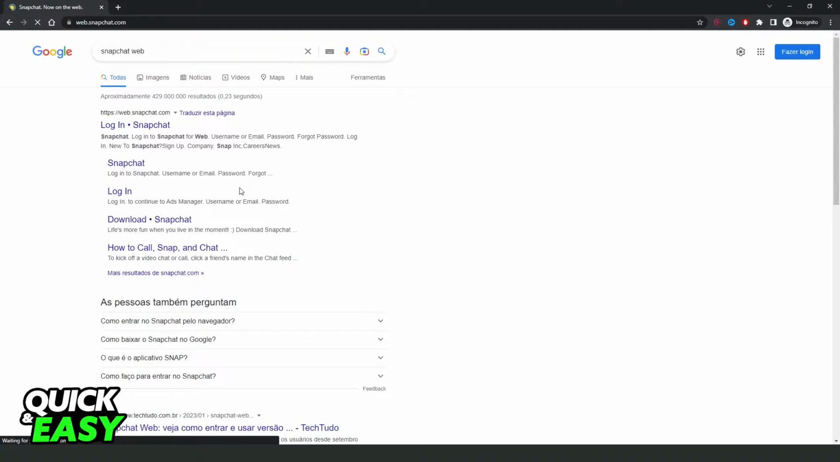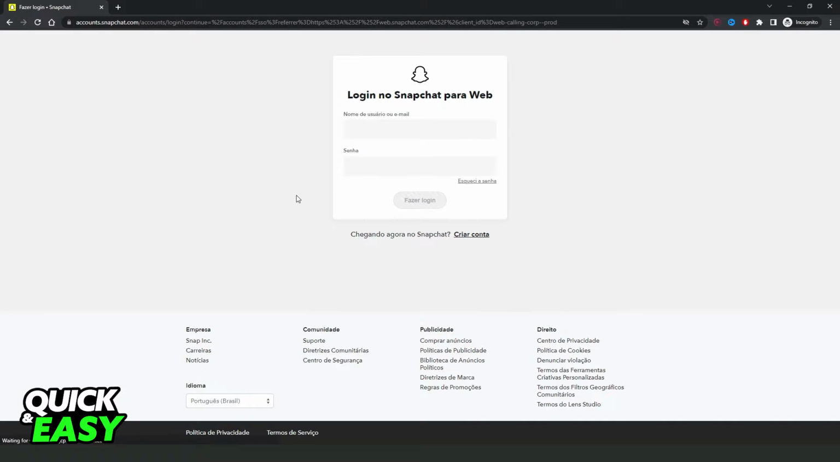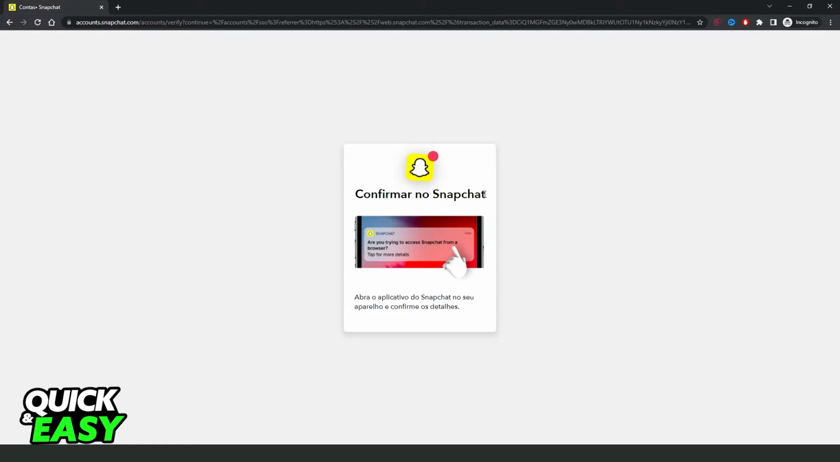web.snapchat.com. Okay, so you need to come to this page, and here you put your username or your email and your password. Okay, so put your email and your password. Then you will see that you have to confirm on your phone. Okay, if you don't have a phone to do this process, you can download an emulator to do this